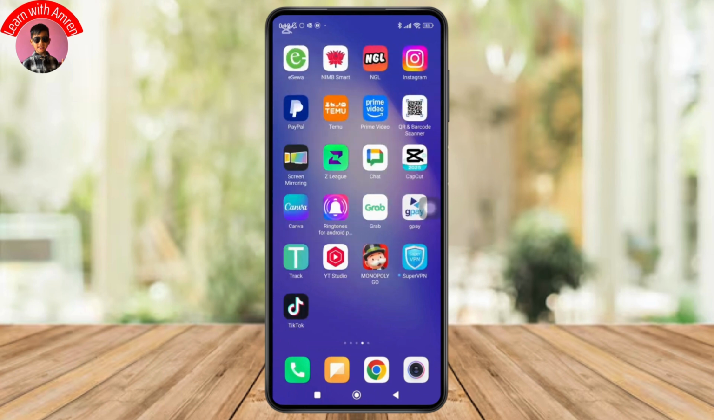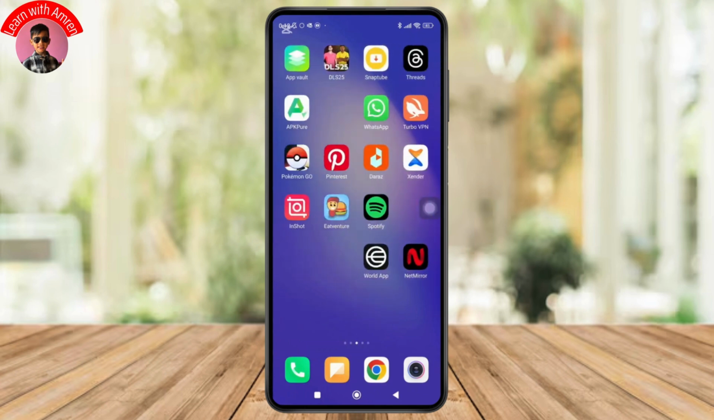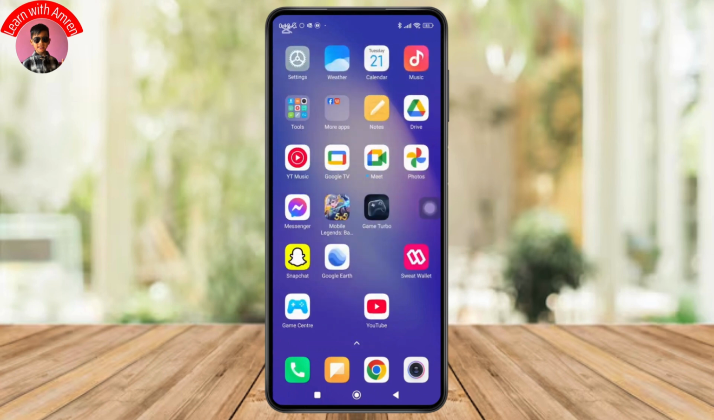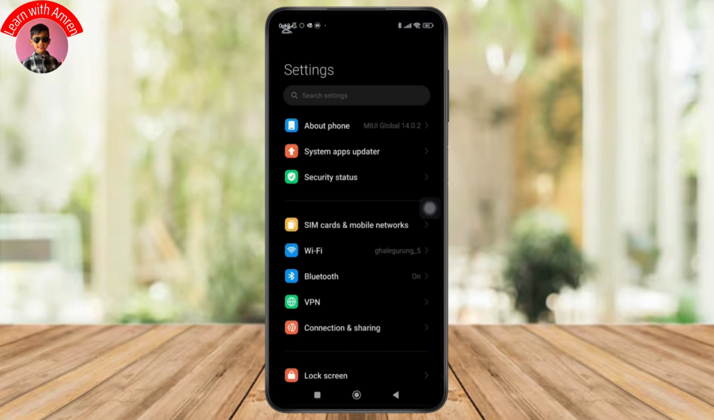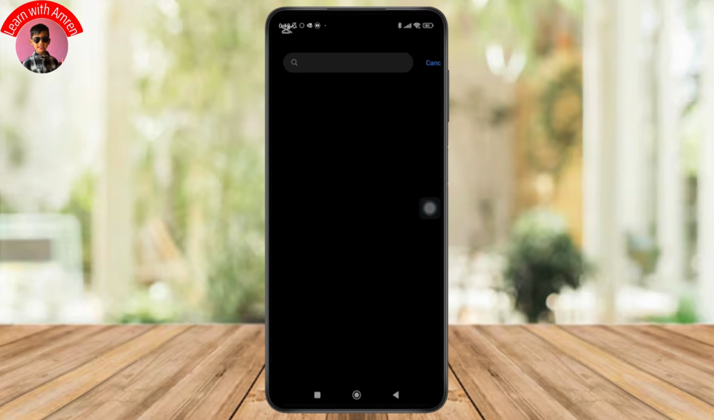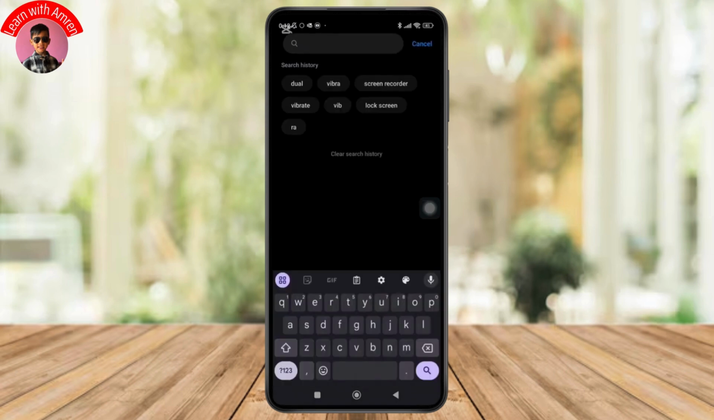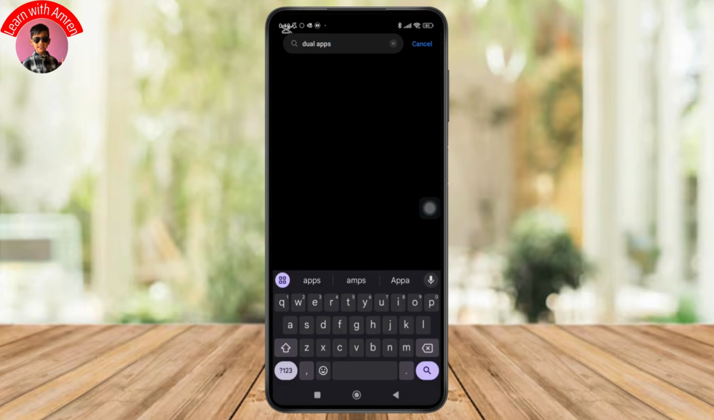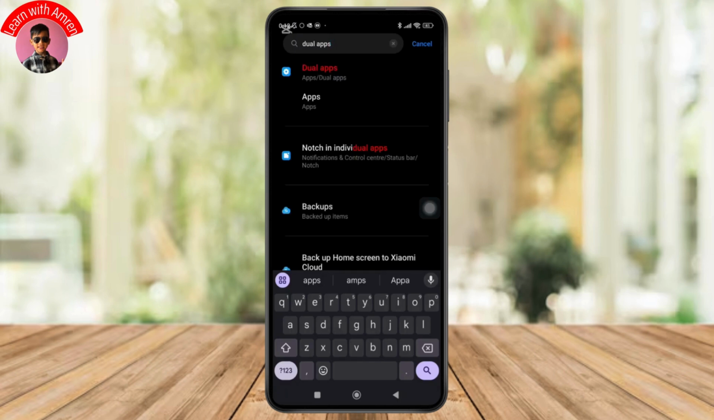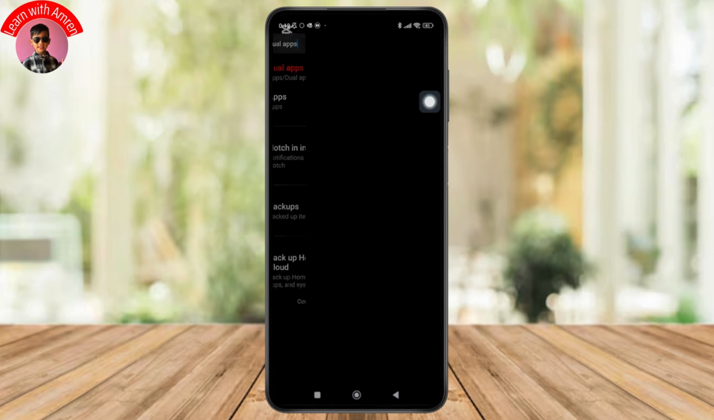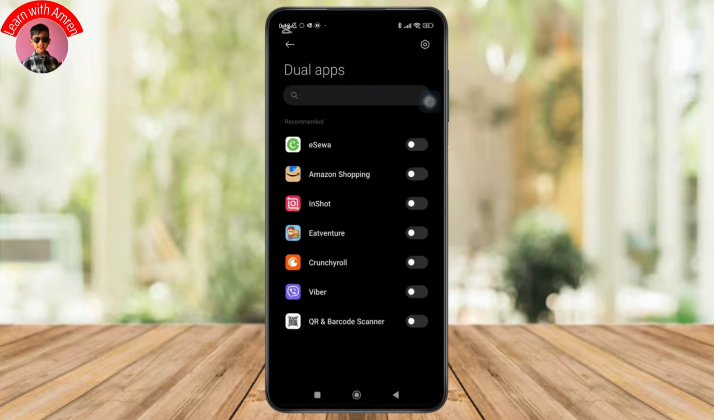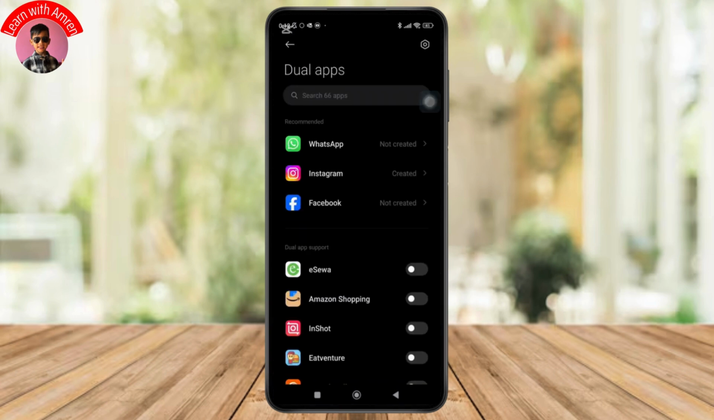So the first step is to check if your phone has the dual app feature. To do this, simply go to your settings and from there simply tap on the search bar and search for the dual app by typing on it and tapping on the search icon in the keyboard menu. And as you can see, the dual app is available in this device, so I'm gonna simply tap on it,